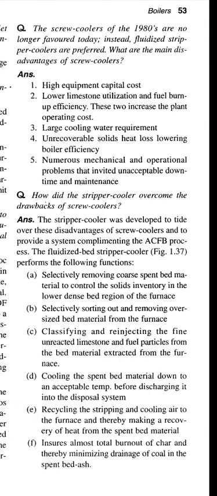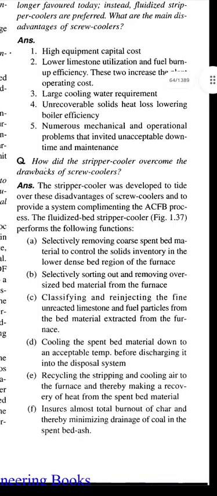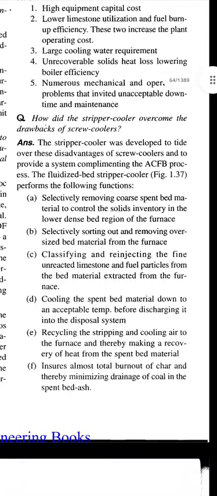The stripper cooler was developed to tide over these disadvantages of screw coolers and to provide a system complementing the AFBC process. The fluidized bed stripper cooler performs the following functions: selectively removing coarse spent bed material to control the solid inventory in the lower dense bed region of the furnace, selectively sorting out and removing oversized bed material from the furnace,